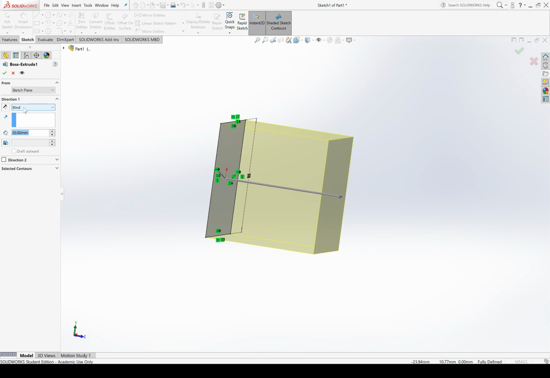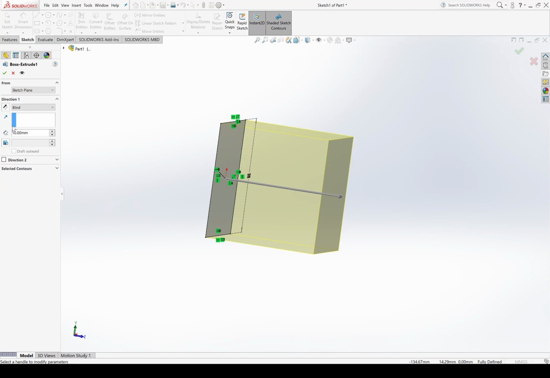So if I were to change this to, let's say, 10, and it was extruding blind in one direction, and then add a second dimension that was also 10 in the opposite direction, that would be one way to accomplish a 20 millimeter total extrusion. However, there is a more elegant solution.